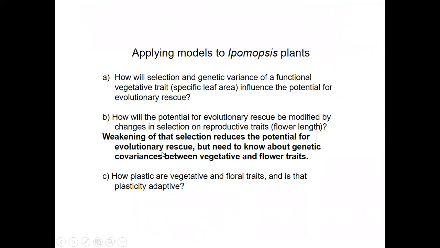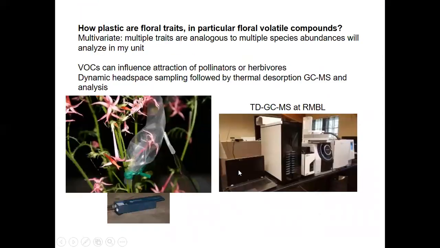So that reduces the potential for evolutionary rescue, and we're now in the process of putting together a multivariate model, including genetic covariances between different kinds of traits. But what I want to spend the last few minutes on is focusing in on this question of plasticity of traits. And I'm going to focus on floral volatile compounds because the data are multivariate. And this is similar to the situation that we'll be analyzing in the workshop, where we're looking at multiple species